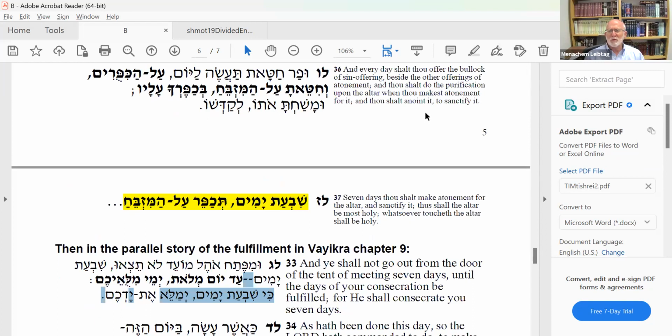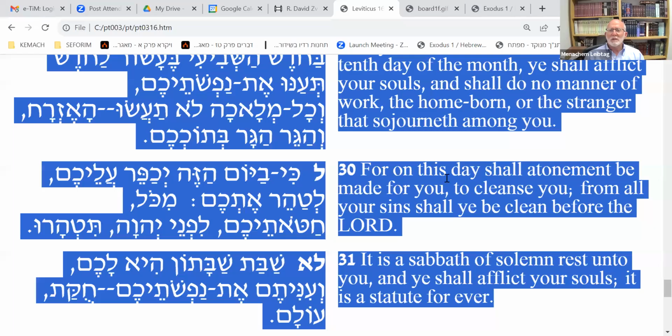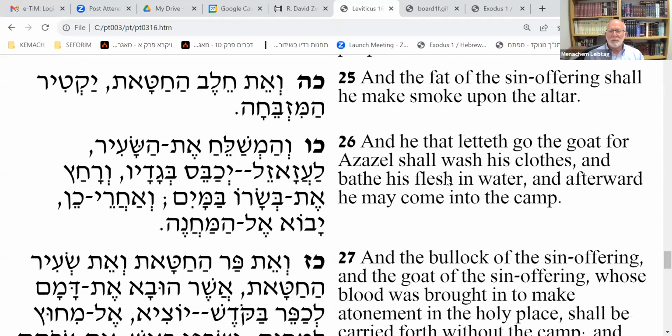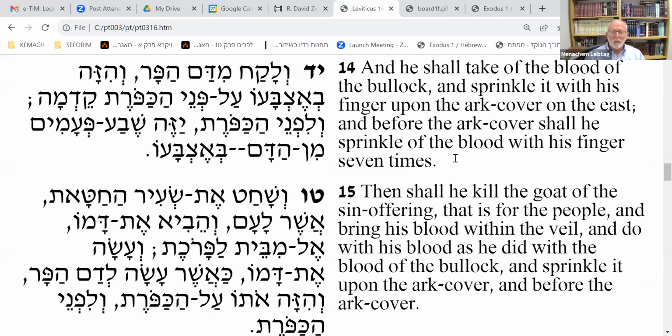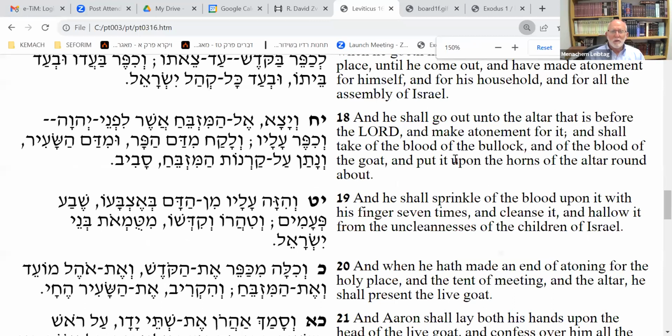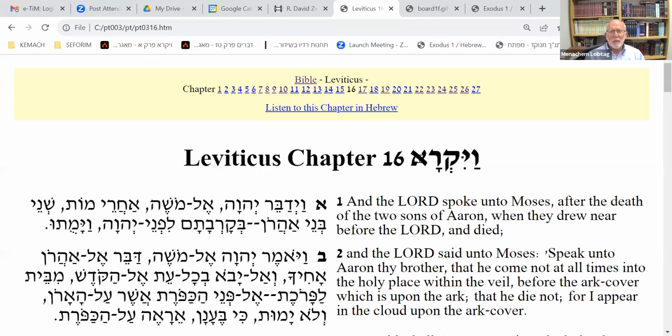Let me just go to a Chumash real fast, and then I'll take the chat, stop the share, and open up a Chumash in Vayikra. And then I'll go right to the chat in a second. Here we go. Leviticus. Okay, a little smaller. If I look at chapter 9, right after the 8 days of Milu'im, Vayehi Bayom HaShmini,